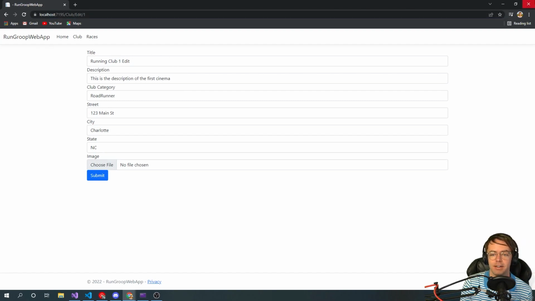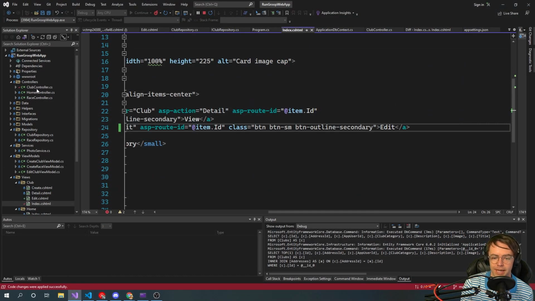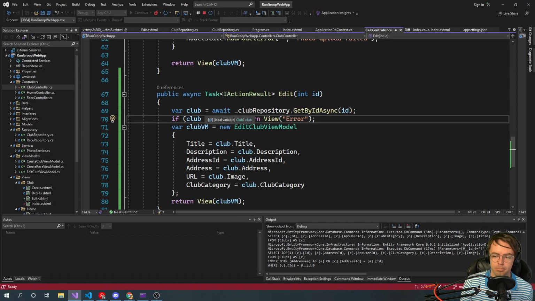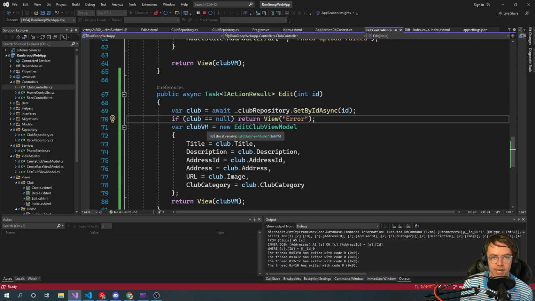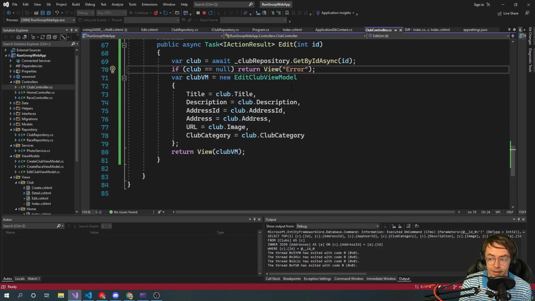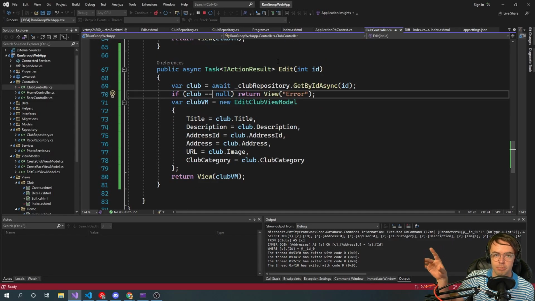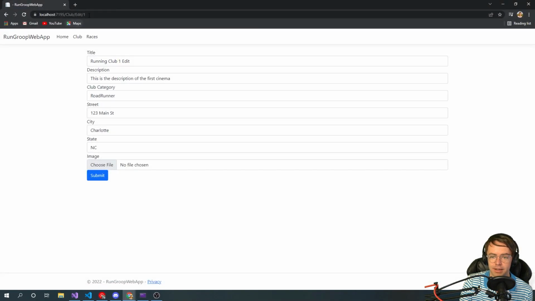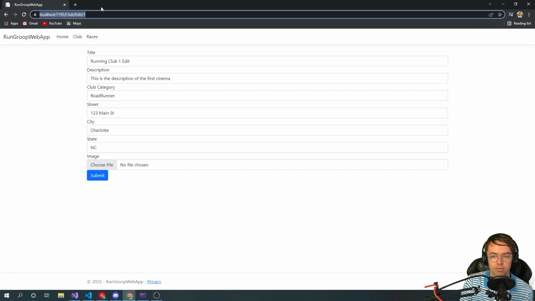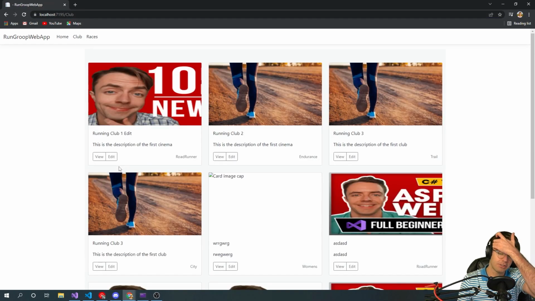actually passing data to the model. That's the reason that we had this pulling our club. So whenever this model first gets going, we need to populate this. We need to populate that model with data. Otherwise, it wouldn't be an edit. It would be a create controller. And the way that we do that is we go out to the database really quickly. We go get the entity by this edit that we passed in. So we remember we passed in this one right here,